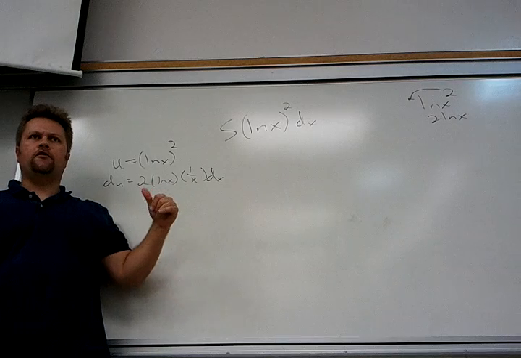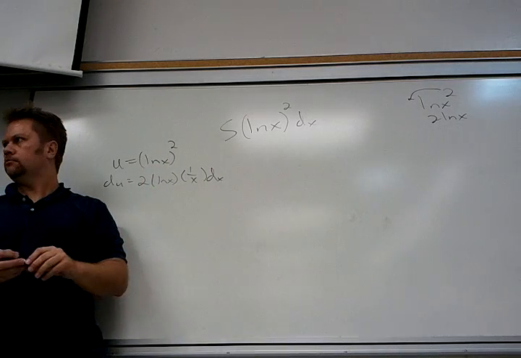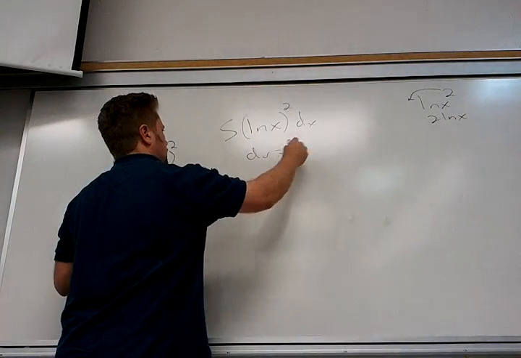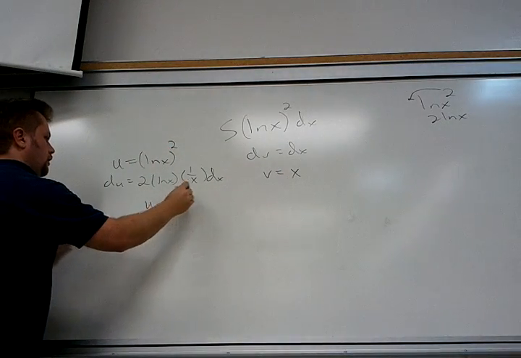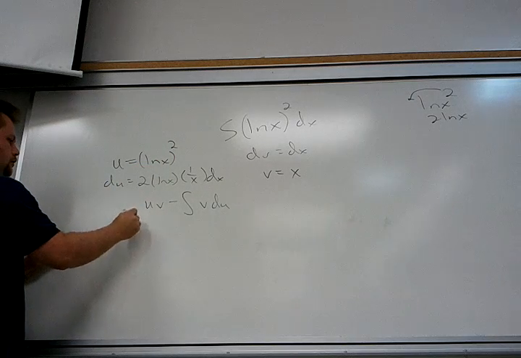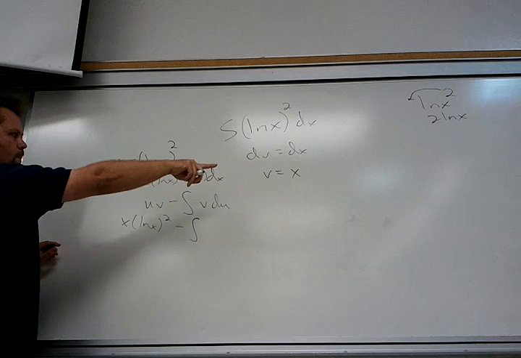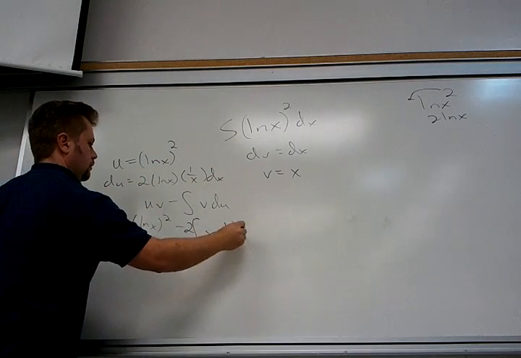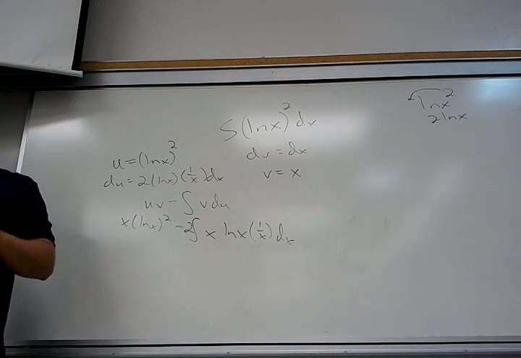So I'm going to let you guys go from there. If you didn't try that one, you can now have kind of an idea where to go, right? Just to go one more step: dv equals dx, so v equals x. So uv minus integral of v du. uv, just slap those things down there. Integral of v du. So what's kind of nice is the 1 over x and the x cancel, and then